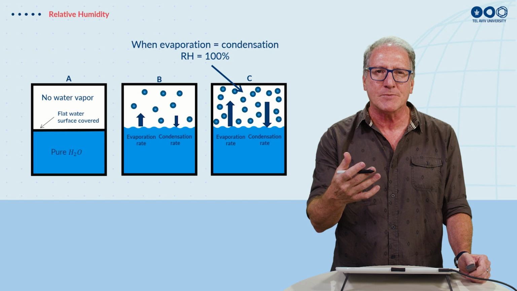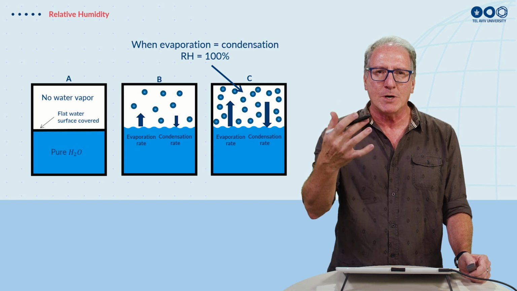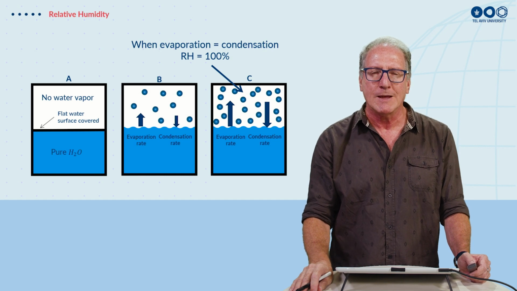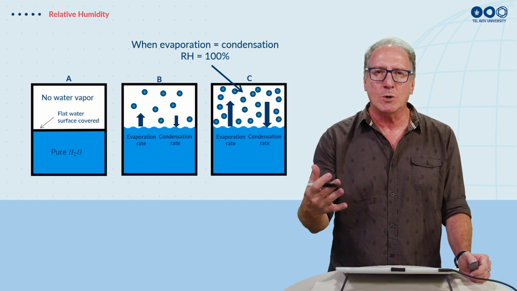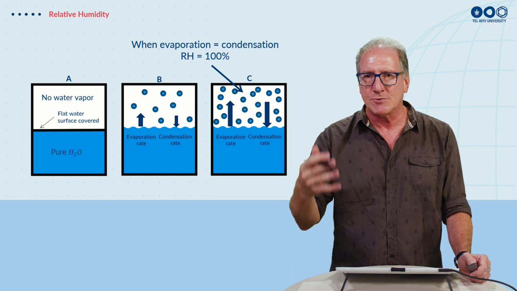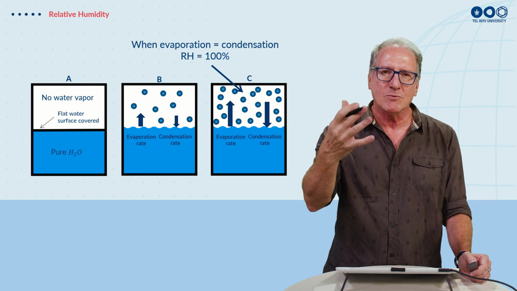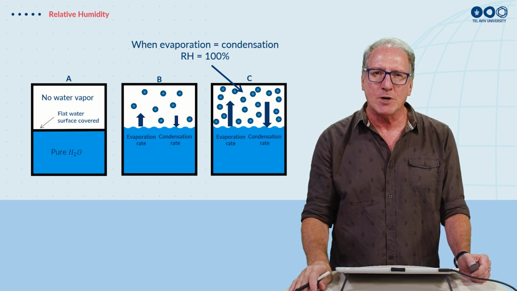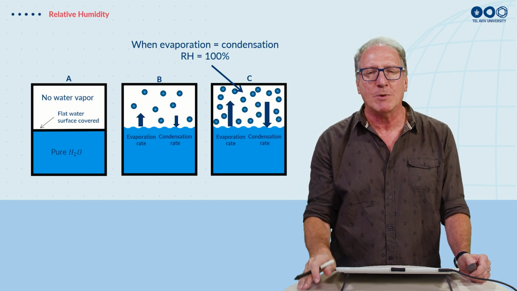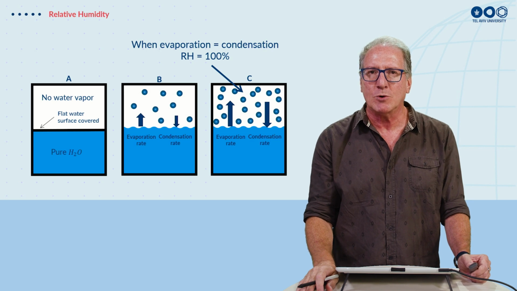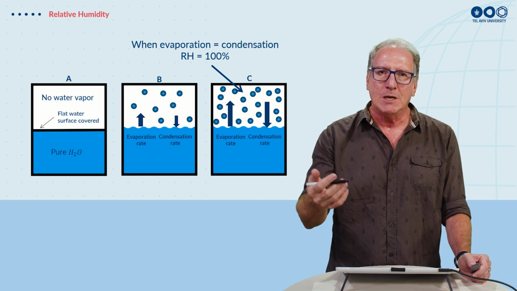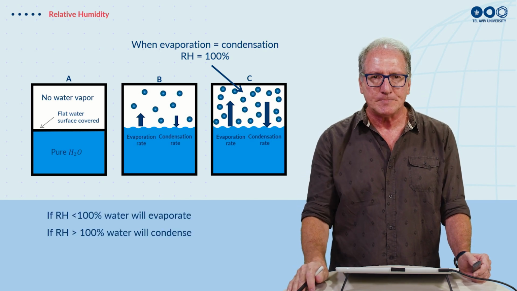But you can see by the size of the arrow, initially there's going to be more evaporation than condensation of the molecules going back onto the water surface. But if we wait long enough, we'll reach equilibrium. We're going to have the same amount of molecules leaving the water surface as returning to the surface. And then the amount of water that we have is the saturation vapor pressure. This is how much we can put in at the maximum into this volume above the water. And this determines what we call relative humidity of 100%. And this is where the evaporation equals the condensation in the air.